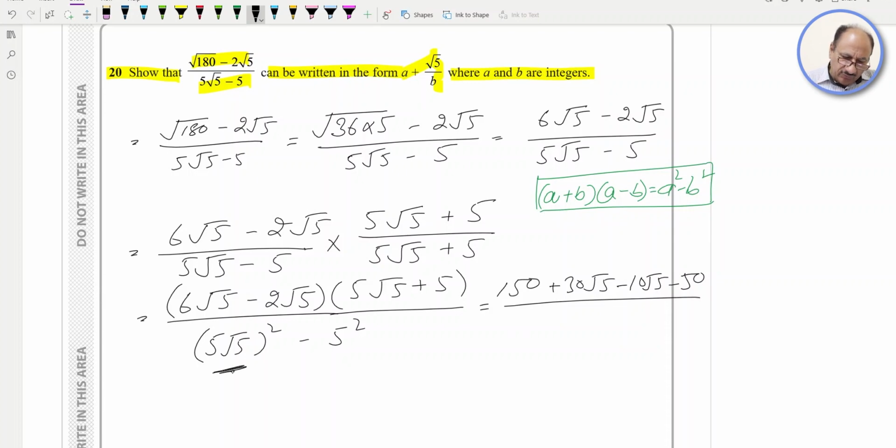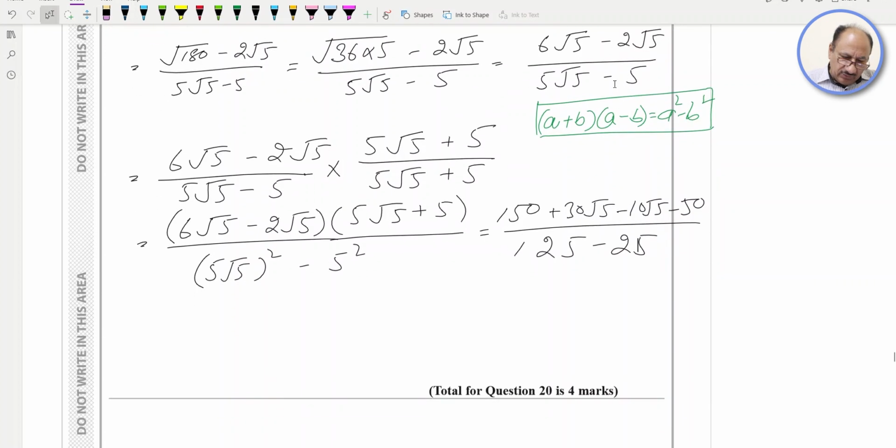square of this will be 125, so we can write 125 minus this will be square of 5 will be 25. Now further we can simplify 150 minus 50 will be 100, and 30 under root 5 minus 10 under root 5 will be plus 20 under root 5, and this will be divided by 125 minus 25 will be 100,